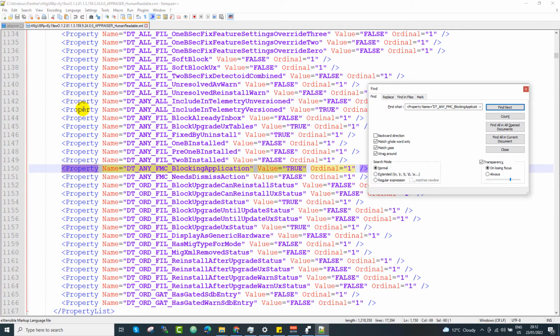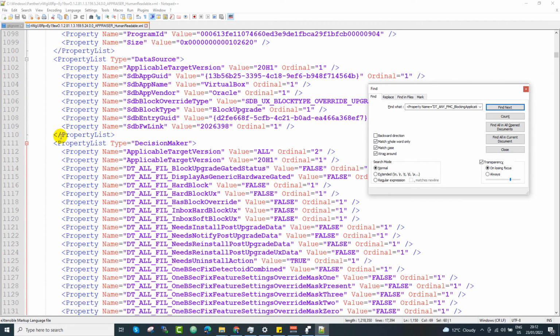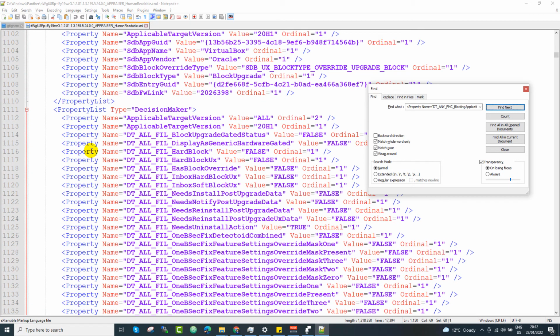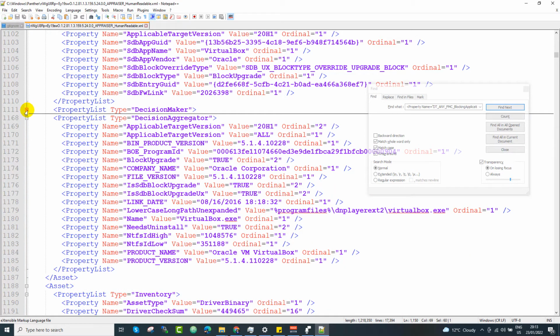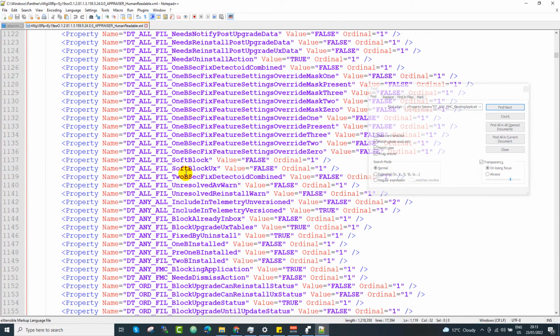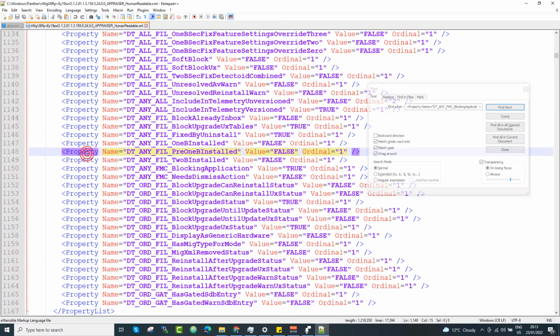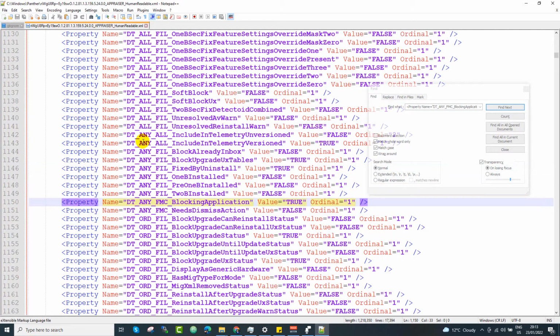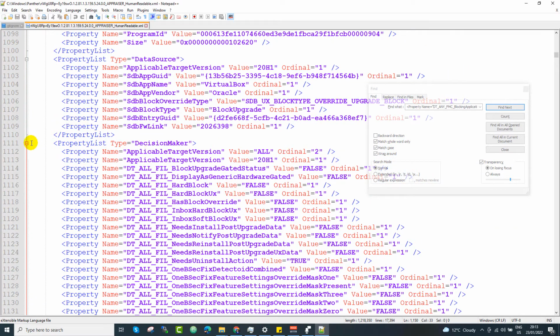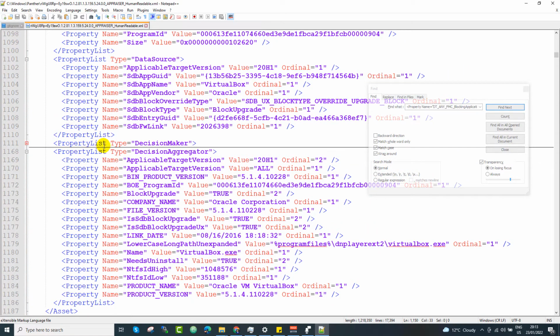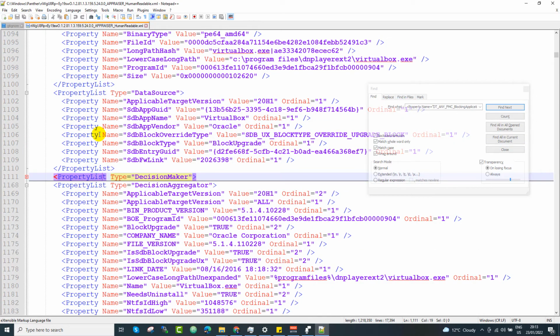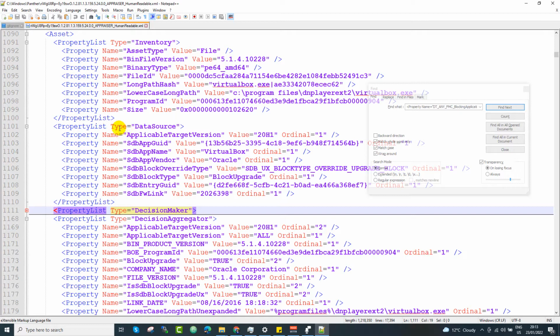Notepad++, you would be able to see these are some XML tags, so we can collapse and expand these. So I'm going to collapse this one, because I do see there is some, where is it? Okay, so I need to collapse the parent of this one. So I will collapse this decision maker tag. Okay, so I will go a little bit more up, and I will look for it. We see type data source, and just above it we see type inventory. Okay,